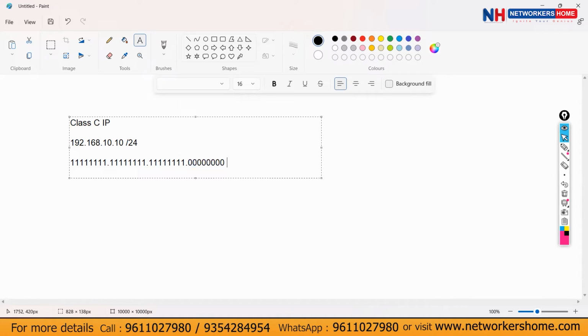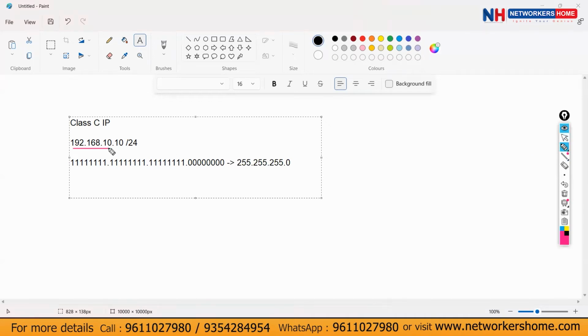So when you convert this to decimal, 255.255.255.0. Correct? Now, for this IP address, I have stated that the first 3 octets are network bits.